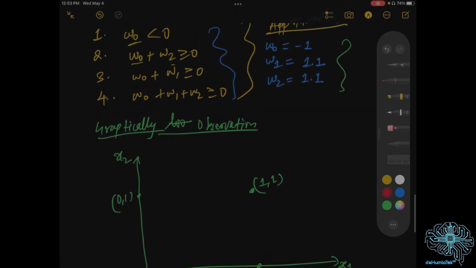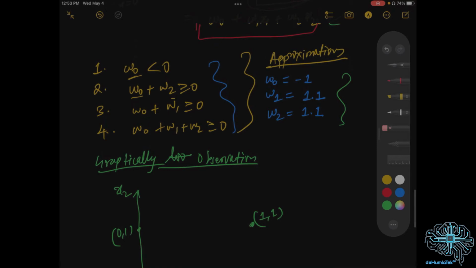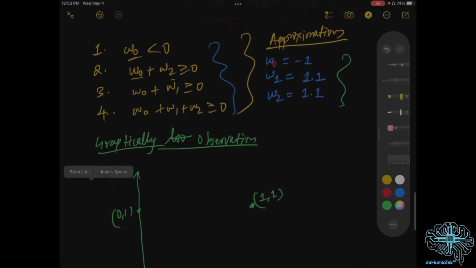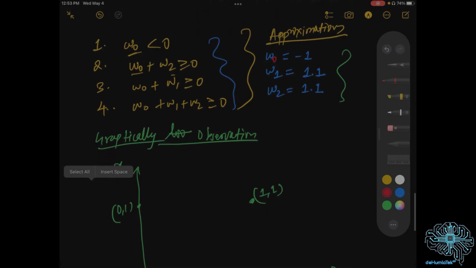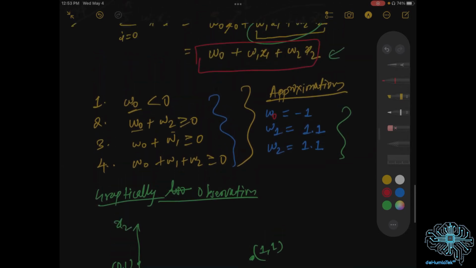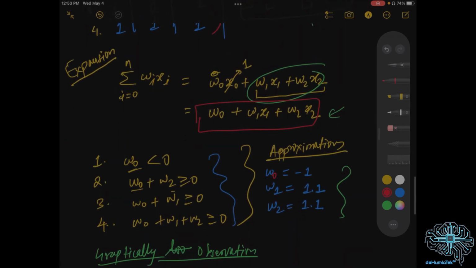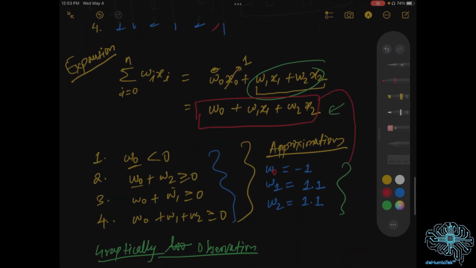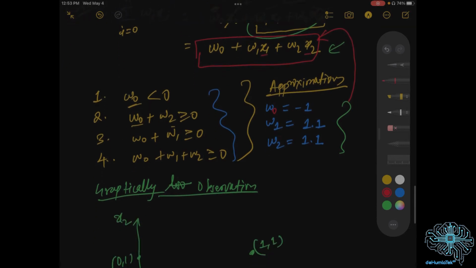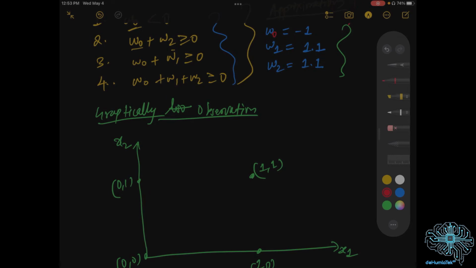If we substitute W naught, W1 and W2 in this expression, and keep x1 and x2 as the variables, then we'll get something like